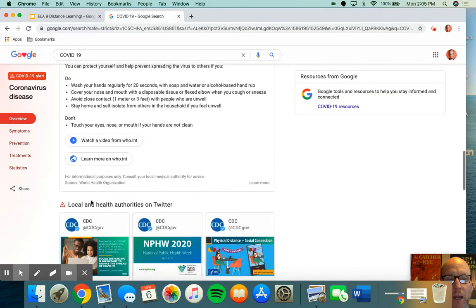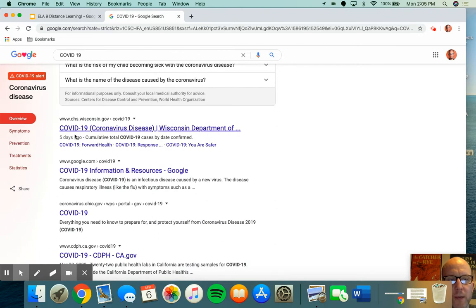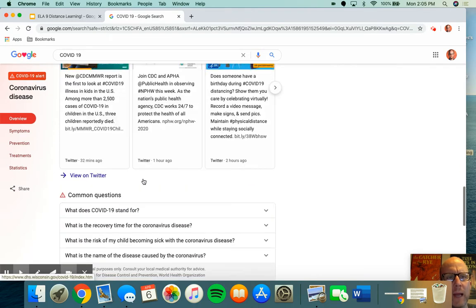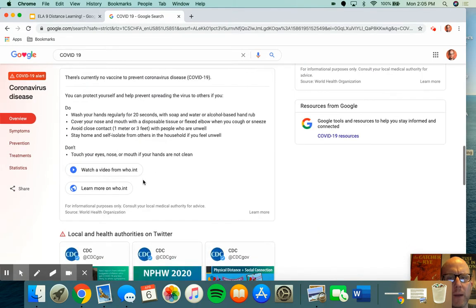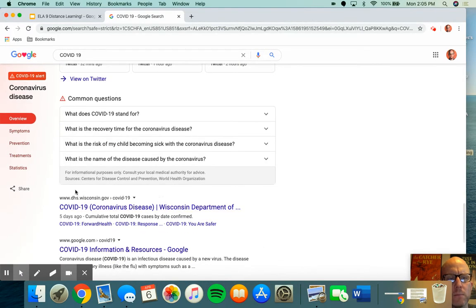But then we go down here and we look at our first few results. The first result that comes up down here is from Washington. Why would I want a result from Washington, right? And we get Ohio right here. So it's just interesting, if people came down and clicked through, the first result they might pick after they go through these recommended ones is from Wisconsin. So it's just interesting. And it's also 5 days old.